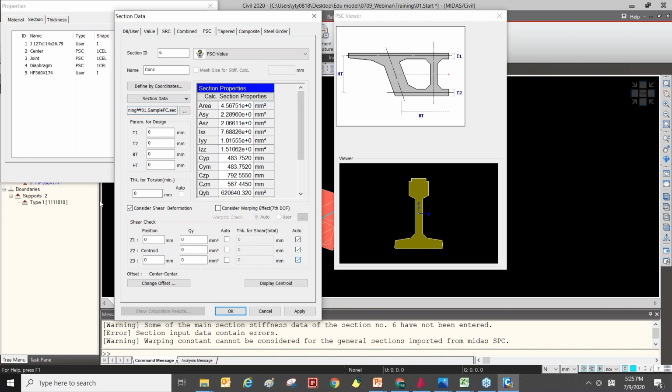So you can use the auto option and input 1 millimeter or 1 meter, whatever. It doesn't matter when you have analysis only. And also if you don't want the design feature, you can input any value here to create the section.